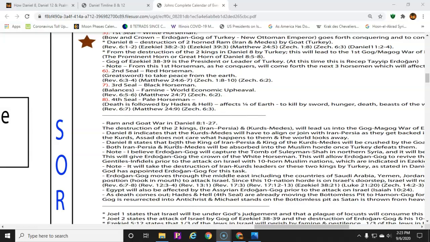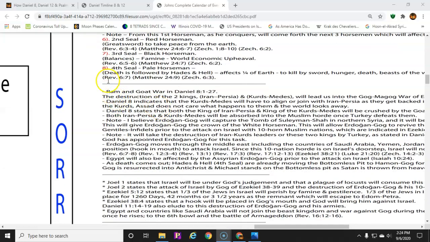So as we start to see this breakdown into spring, and we're going to see those waves of corona hit with the flu season in the fall and all these different things, we're going to start to see this buildup of war with Iran and Turkey. And so that's why I added this additional section here on the fourth seal, that we're going to start to see this buildup of the goat-ram war of Daniel 8, 1 through 27, and how you're going to see that destruction of these two kings, Iran and the Kurds,